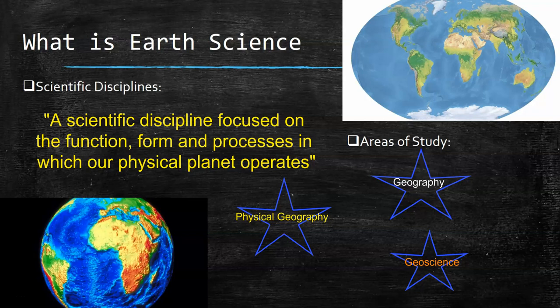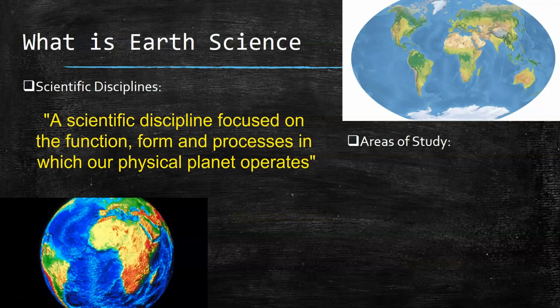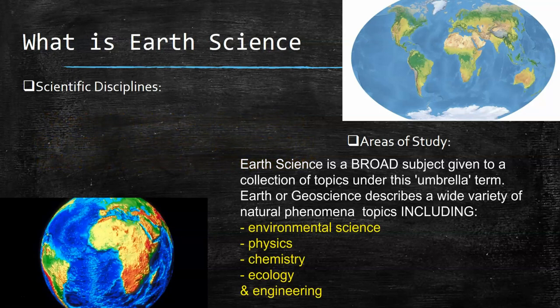geoscience, but generally it's the science of everything else besides biology, pretty much, where the biological processes are just in biology in terms of ecology, and it can also relate to environmental science, but pretty much Earth science is the physical, chemical processes that govern how the Earth functions. Now, we can bring in chemistry and physics and engineering into this as well, but the core is how the